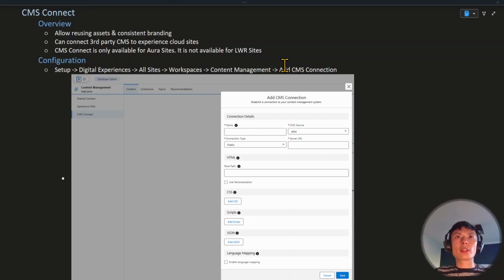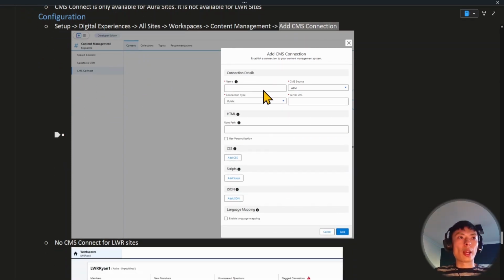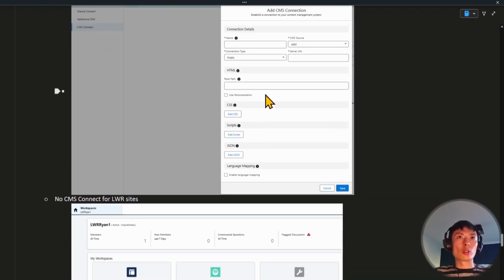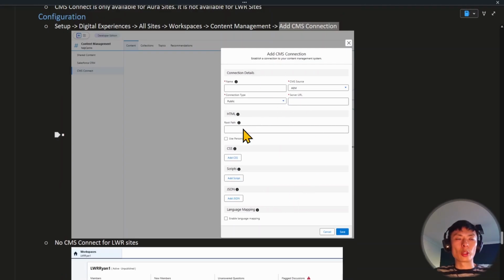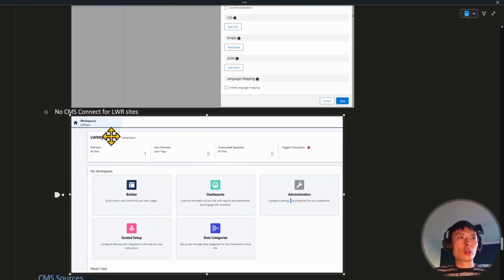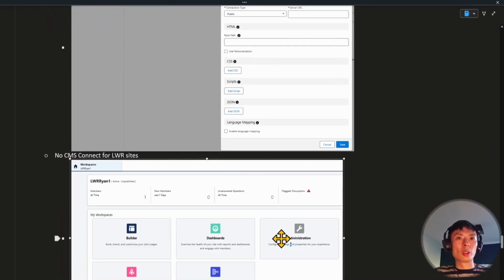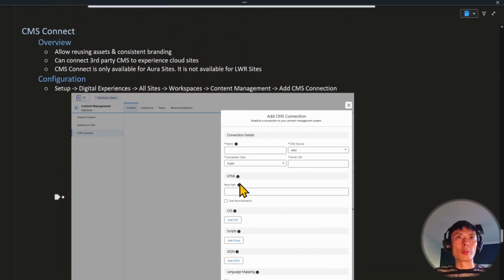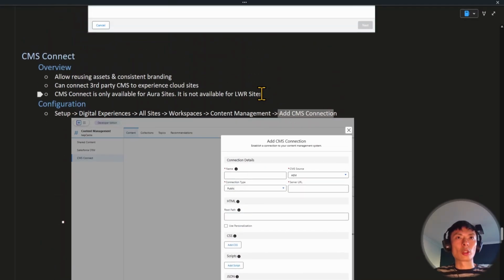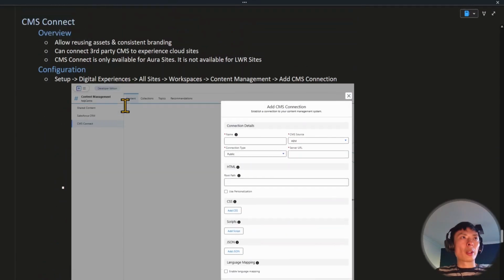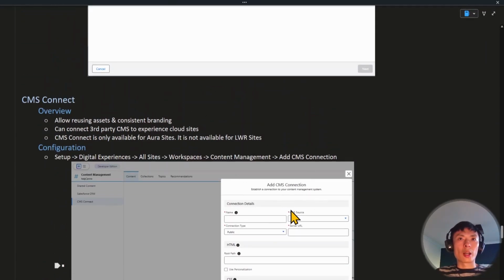So to add a CMS connection, you'll need to go to Setup, Digital Experiences, All Sites, Workspaces, Content Management, Add CMS Connection. When you add CMS connections, this will be the options that will be available, which we'll go over shortly. If you go to the LWR site, you'll notice that there is no content management option available. And because that's not available, you won't be able to add CMS connection as mentioned over here. So going back to the CMS connection,